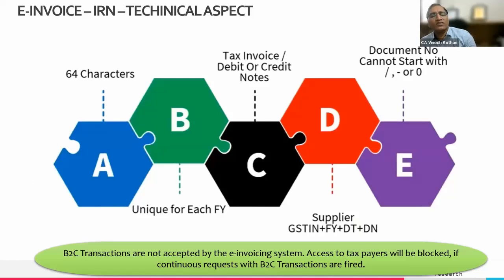So what is this all about, this IRN? The technical aspect: the IRN is of 64 digits, so manually you cannot type it. You have to use a system, either Excel or Tally software, but without a system and a software, it will be difficult. So if you have not yet changed to any software which helps you generate E-Invoice automatically,